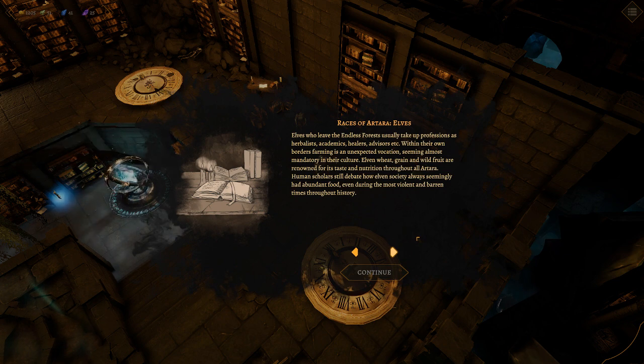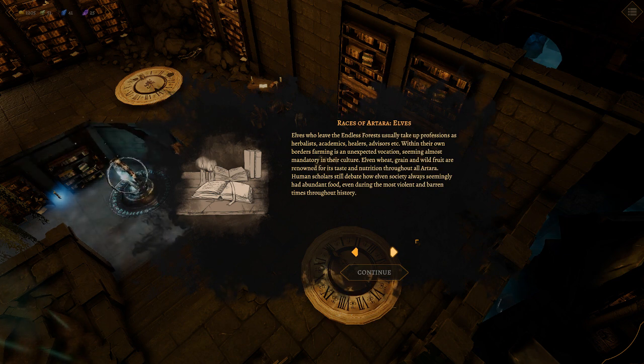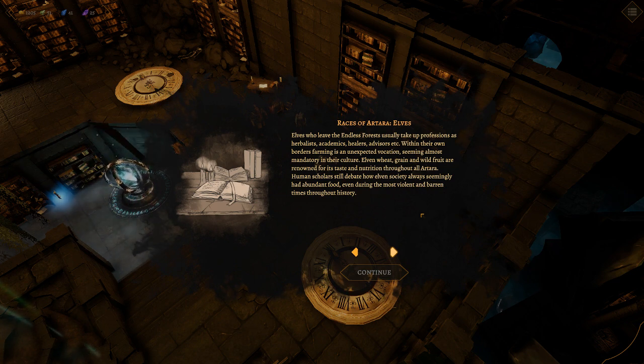Elves who leave the endless forests usually take up professions as herbalists, academics, healers, advisors, etc. Within their own borders, farming is an unexpected vocation, seeming almost mandatory to their culture. Elven wheat, grain, and wild fruit are renowned for their taste and nutrition throughout all Altara. Human scholars still debate how Elven society always seemingly had abundant food, even during the most violent and barren times